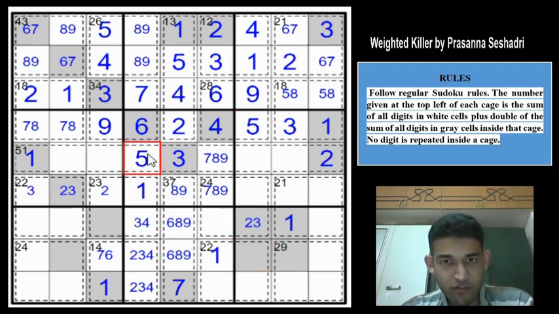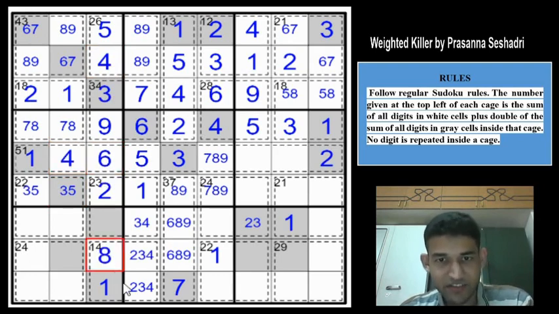You have a 5 here, you have a 5 here, so we can place the 5 in these 3 cells. Simple classic rules. So the Sudoku is quite a combination of killer as well as classic at the right time. So you have a 5 already in this column, so 5 can be eliminated from here, which means that this cell has to be a 2 because 3 and 5 is not possible. So these 2 cells must be 3, 5. And these 2 cells must be 4 and 6. You have a 4 here, so this will be a 4 and this will be a 6, and that gives a 7 here. Amazing.